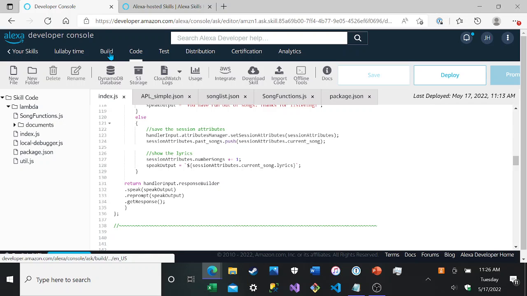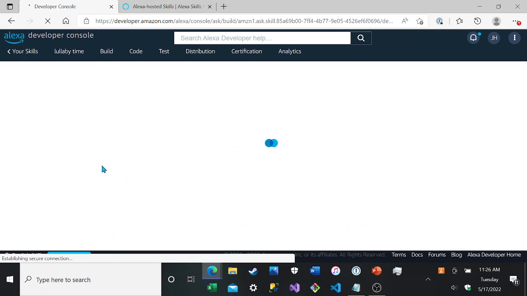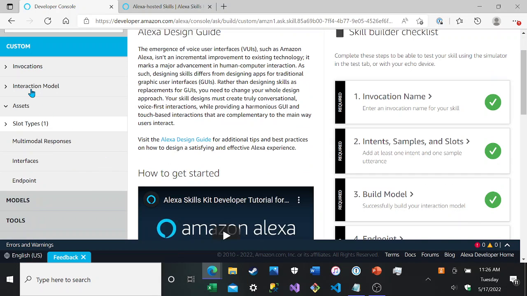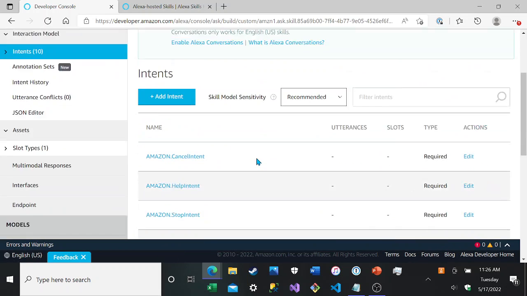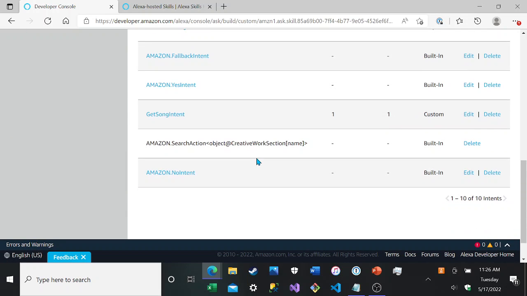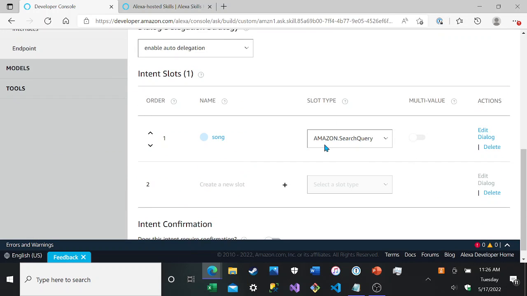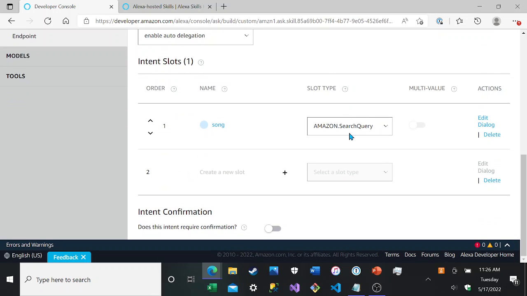And then for the build, just to show you the slots. So right here, the one I chose was my get song intent, is song, and for that I used Amazon.SearchQuery because that's what worked.